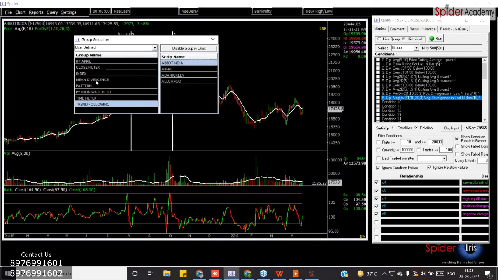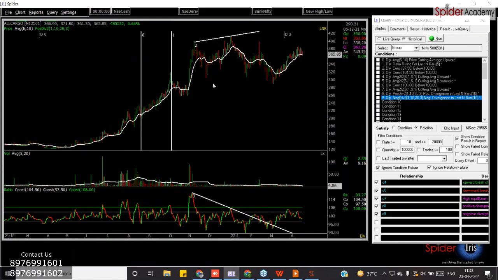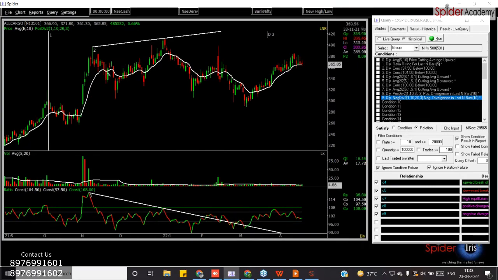If we come over here, all cargo again over here, this is the high, this is the second high. Fine. Now the oscillator has made a high over here, but the prices have made a new high, and the ratio which we are using didn't make a new high. So probably that is a sign of concern, where you can consider it as a pause or a reversal in trend. As divergence, we are not going to act, we are just going to consider it as a pause or reversal sign. So over here you see this is the divergence.